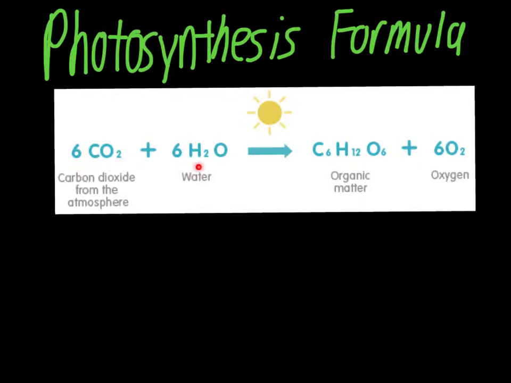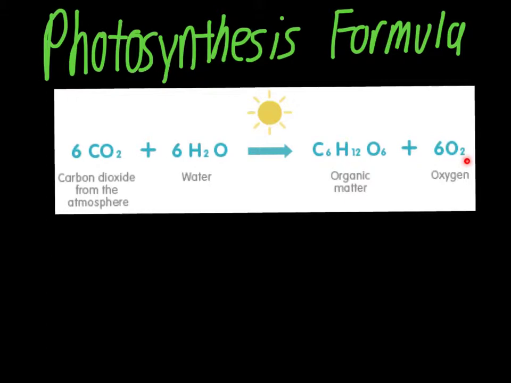change carbon dioxide, water, and sunlight into, as it says over here, organic matter. This is an example of glucose, a simple sugar, and oxygen. And this is sort of like the guide to the entire chapter. Everything that we're going to be talking about will be filling in the details as to how this actual process